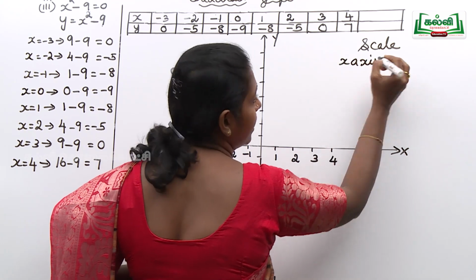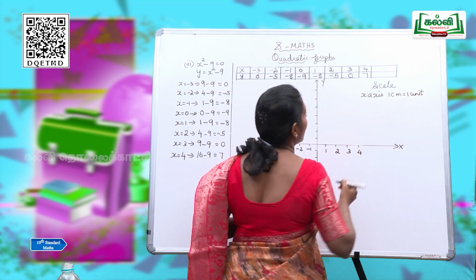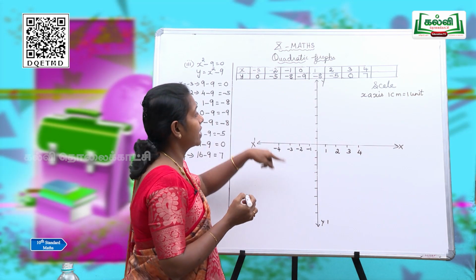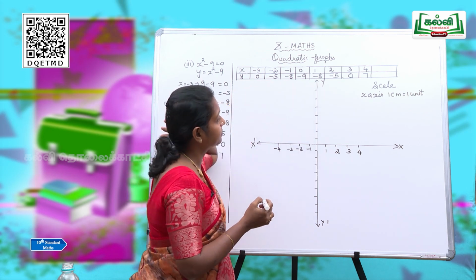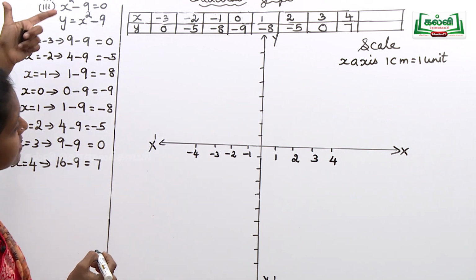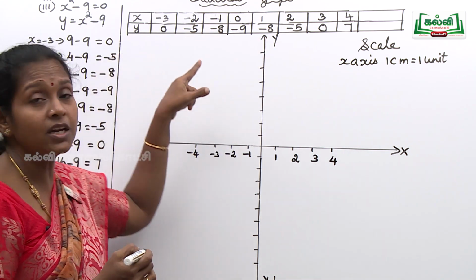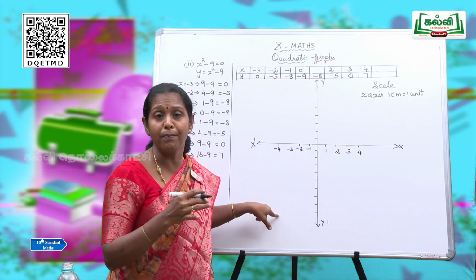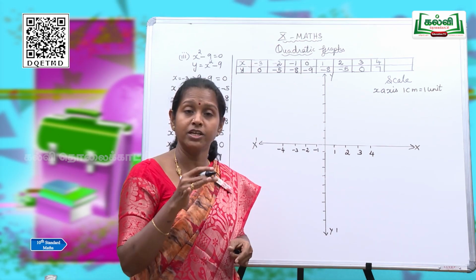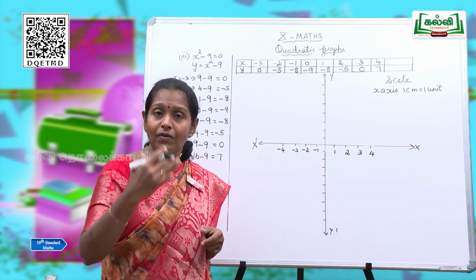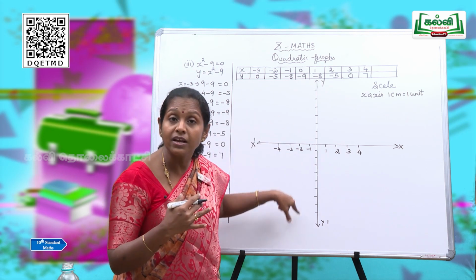On the x-axis, you have taken 1 centimeter as 1 unit. Now, I am going to write the y-axis. See the y-axis, which is the minimum value? Minus 8 or minus 9. The maximum value is plus 7. That means on the y-axis, the negative values are more in this question. When you compare with the previous question, there was nothing, but in this question, negative occupies more places, more values, and positive up to 7 only. But on the negative side, you need 9 values.